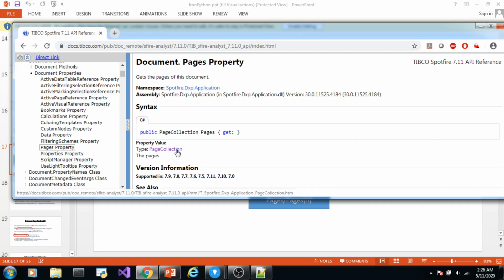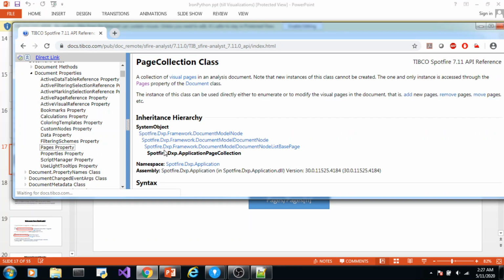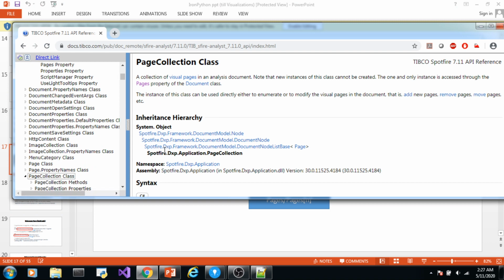Now if you look at the return type of this property, it returns a page collection type value. Page collection type is itself a data type, right? Every class is a derived data type, if you can recall from object-oriented programming.